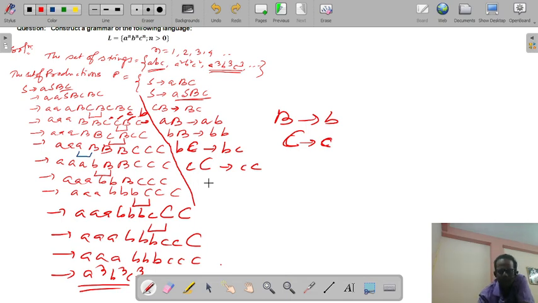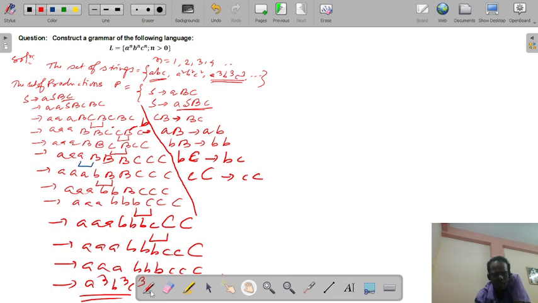So that's why we write small a capital B to small a small b, small b capital B to small b, in that way.